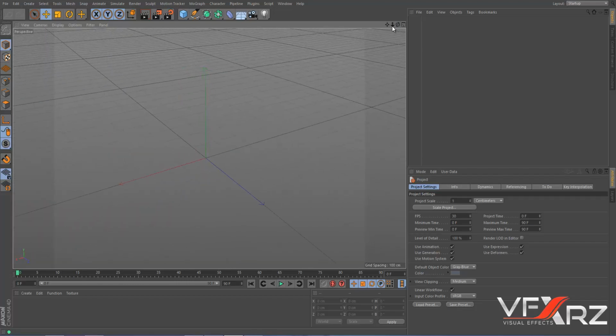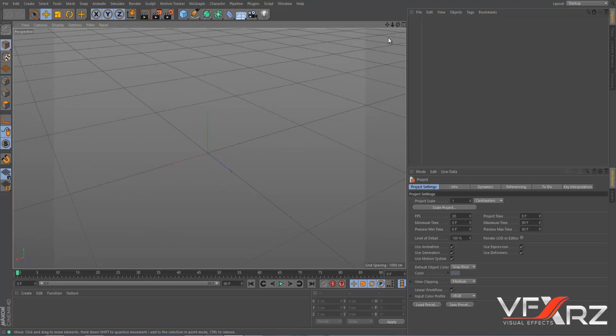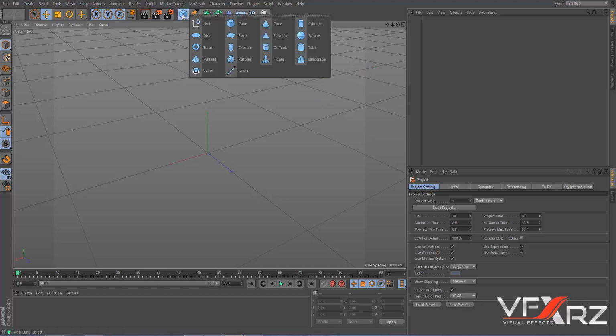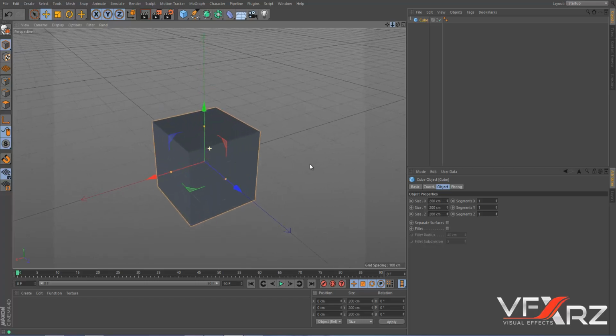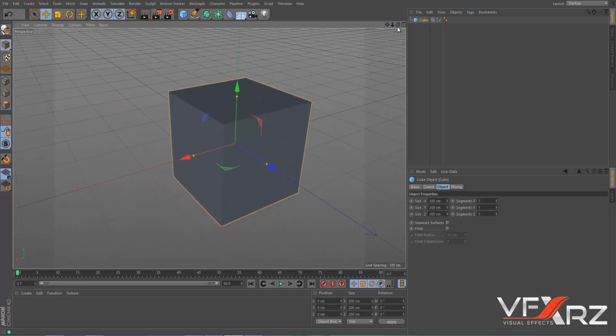Very good. Now I want to show you how you can create an object in Cinema 4D. To create an object, you can use this group. If you click and hold, you can see these objects. Okay, the first object is null. I will teach what null is later, and now I want to teach you what a cube is. Click this cube. As you can see, Cinema 4D creates a cube,